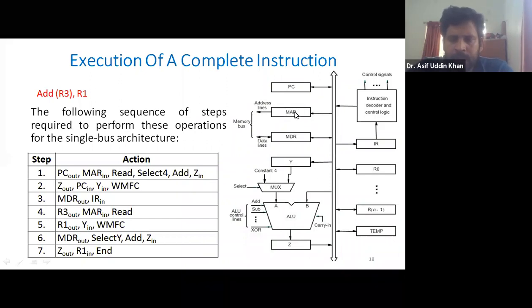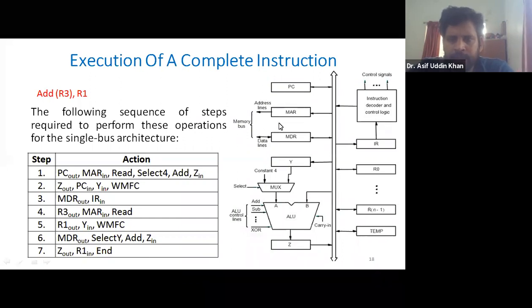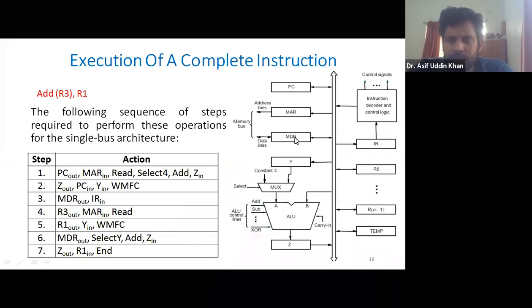Okay. And when the address is loaded in the MAR register, MAR is connected to the memory by using the address lines, the address bus. So the particular location in the memory will be identified, and after that, the control unit will generate a read control signal, and then the processor will wait for an MFC signal, memory function completed signal, that is WMFC. And after that the instruction will come from the memory through this MDR. So the instruction will come to the MDR, then from MDR it will go to this bus, then from this bus it will go to the IR.